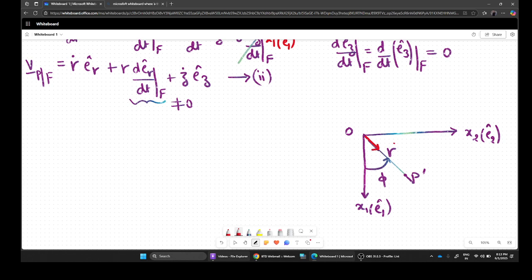This is where ER is, and on this plane also we defined our unit vector E phi. Right, so this is the top view, such that E3 or the Ez unit vector, they are coming out of this plane. Now looking at this figure, we can write the ER unit vector as